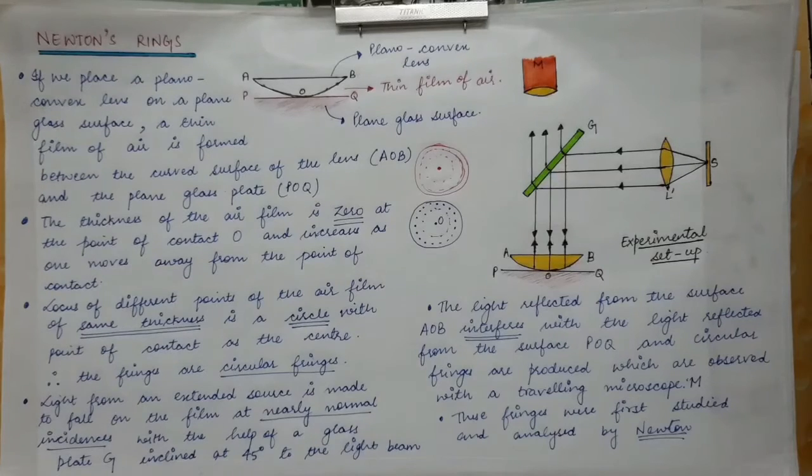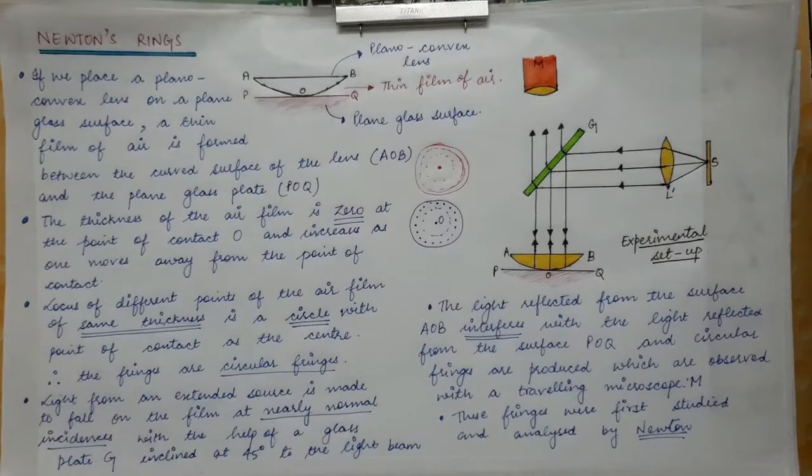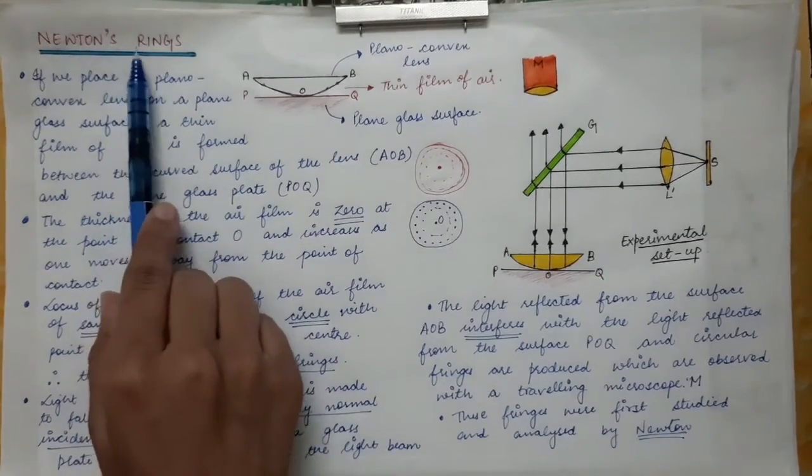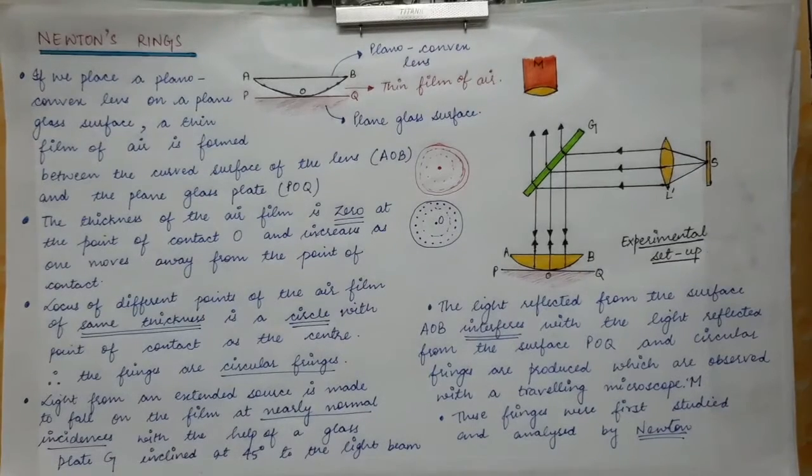The next very important topic that we are going to start is Newton's rings. So Newton's rings, or the circular fringes which are obtained in this case, are a good example of fizeau fringes, that is, the fringes of equal thickness. And the main point over here is that the thickness of the thin film varies in case of fizeau fringes. So over here also the thickness of the film that we will take will vary.